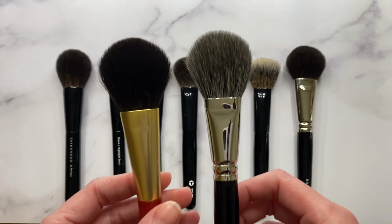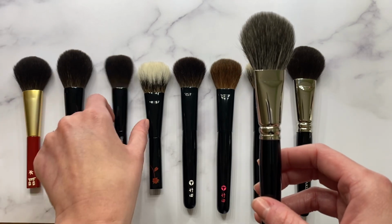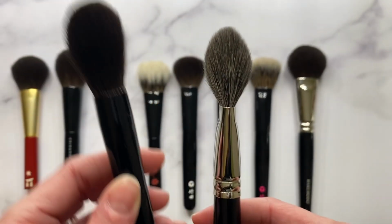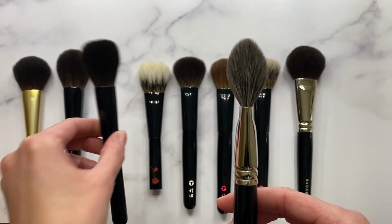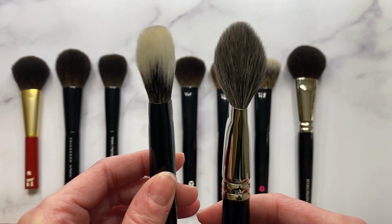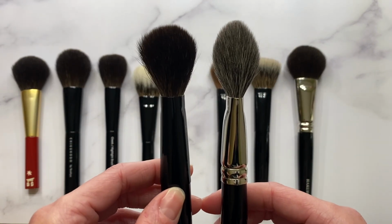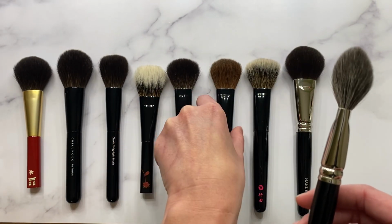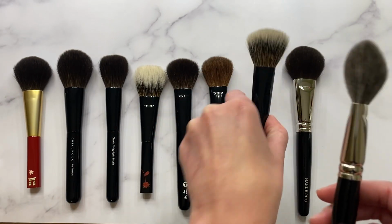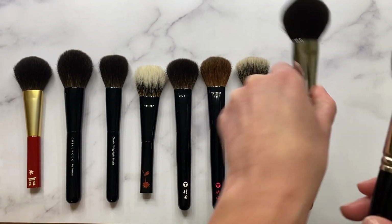And I'll just do some comparisons here. So here it is with the Koyudo Gate brush. Here it is next to the Z4. And I just love that beautiful, perfect diamond taper. I am a sucker for diamond taper brushes. Here it is next to the Koyudo White Canadian Squirrel. And then comparing to my Takeda Red Squirrel. And then comparing with my Takeda White Pine Squirrel. And finally with the Hakuhodo